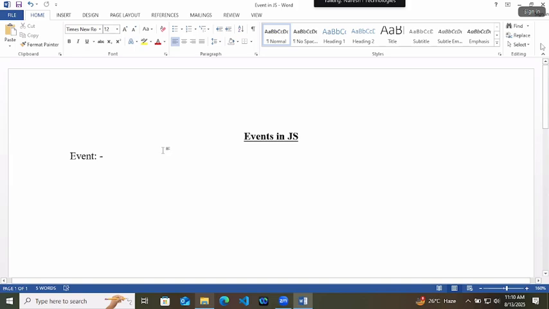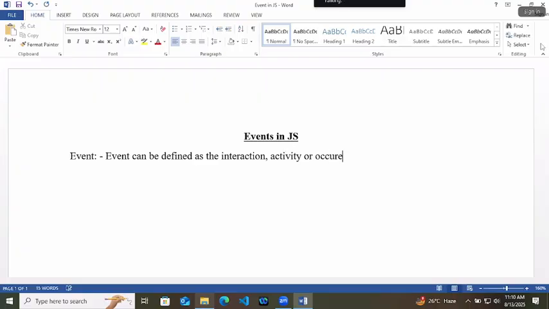So if we have to create a curated definition from all these terms, event can be defined as the interaction, activity, or occurrence of any particular program. That is an event.